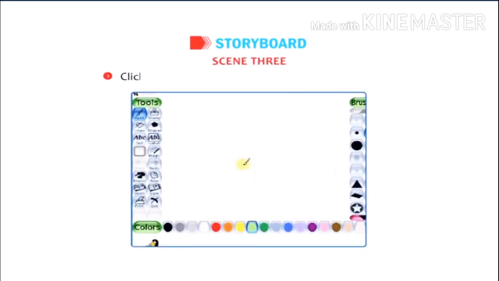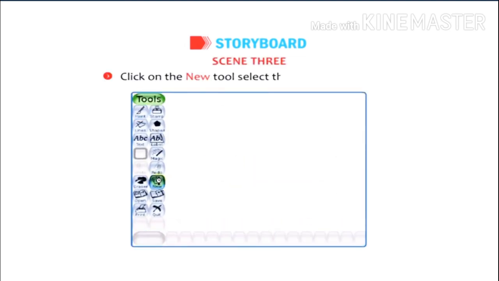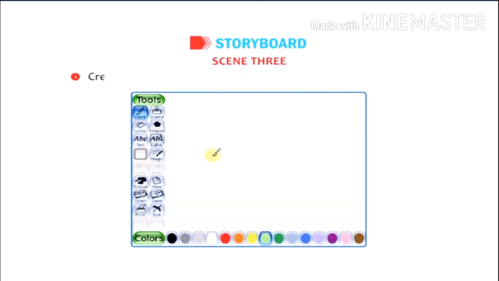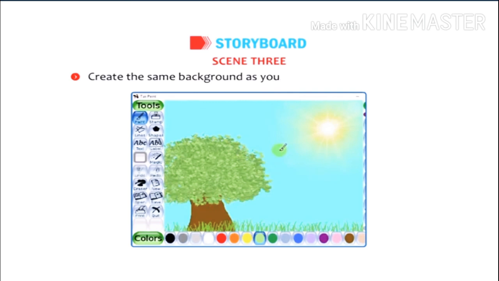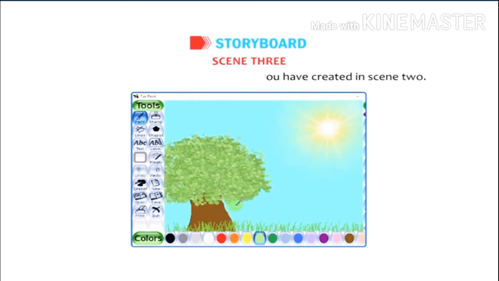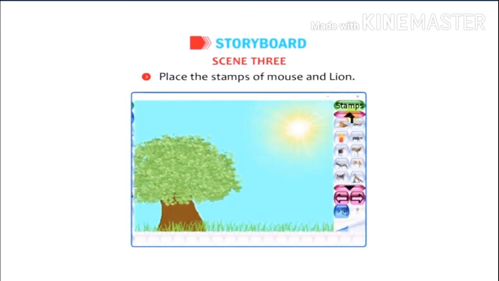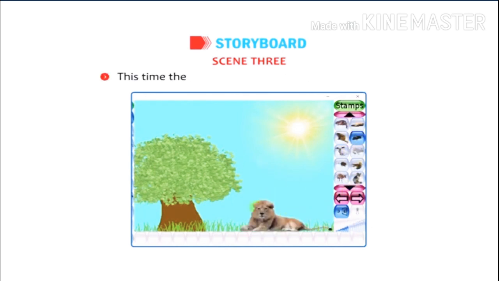Scene 3. Click on the new tool and select the white background, and create the same background as you have created in scene 2. Place the stamps of the mouse and lion. This time the location of the mouse will be changed.